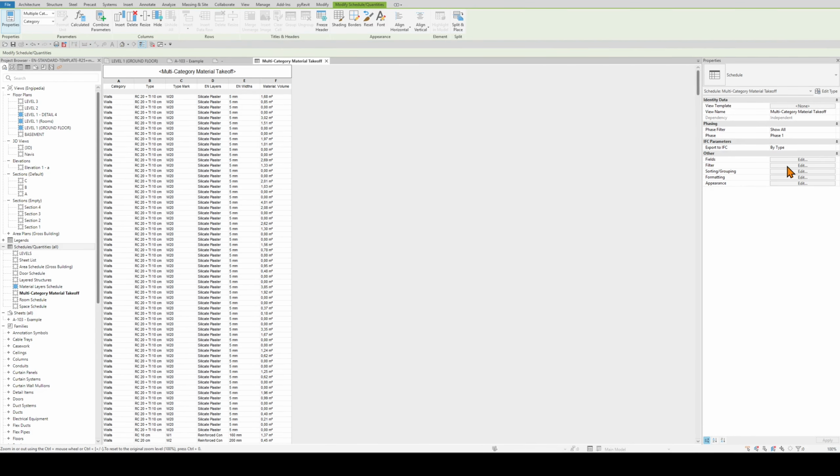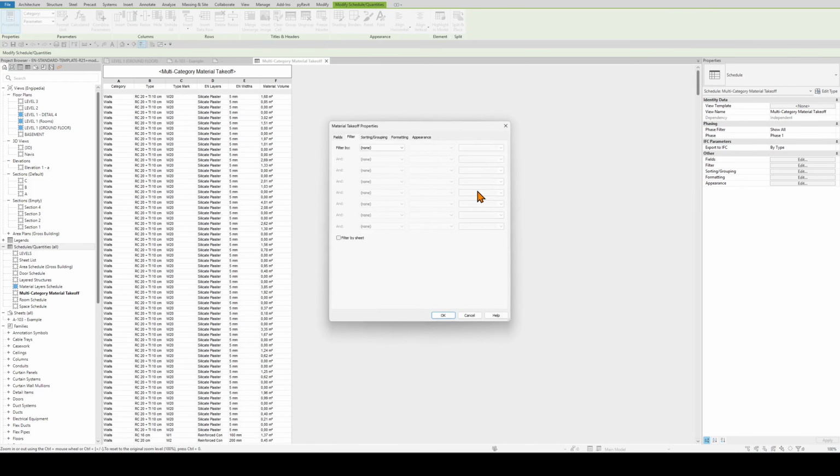So let me just sort it out a little bit. So first I'm going to filter by layers parameter exist, and I don't want to itemize every instance. I want to sort by category. I want to add blank line after each category. Then I want to sort it by, let's say, type mark, then by